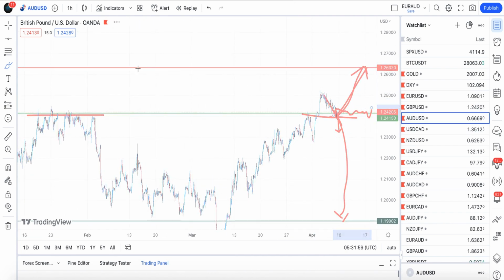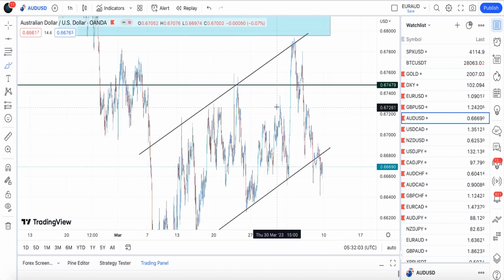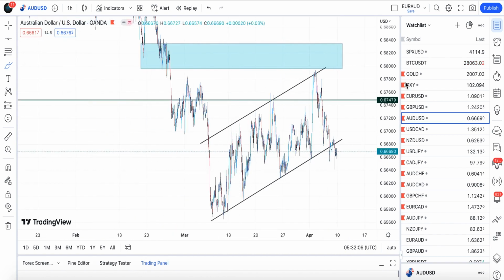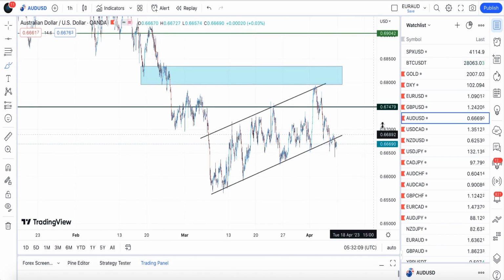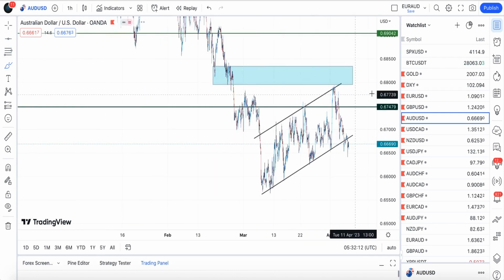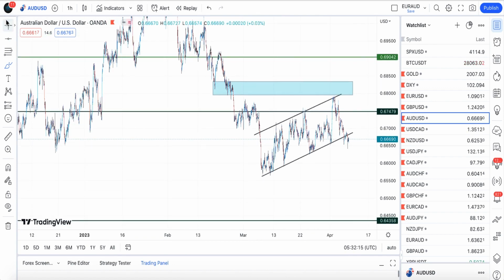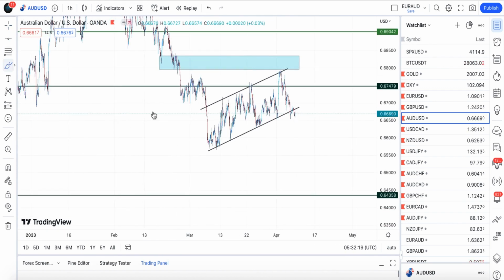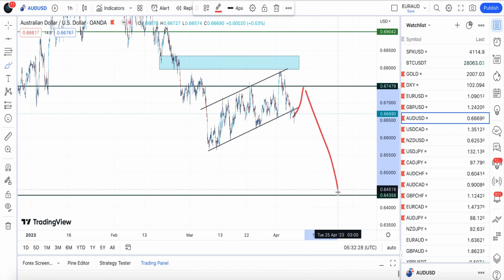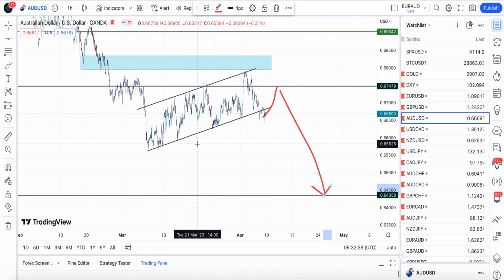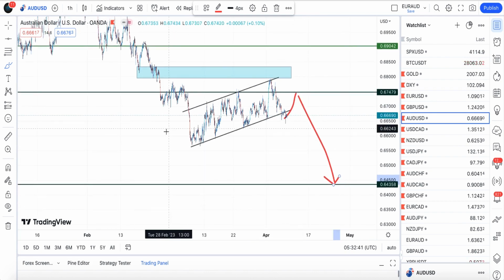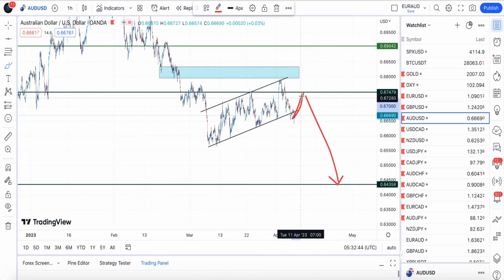So the next one is AUD/USD. We might have to leave it till we have the CPI data, and if the CPI data comes out better than expected for the US and it is strong, this is one of my favorite pairs to trade in respect to that news. We might see a retracement to this side, but I'm favoring downside movement on AUD/USD, as AUD is one of the weak currencies right now, and then NZD is the weakest currency at this particular level. So let's say we see a retracement to this level.